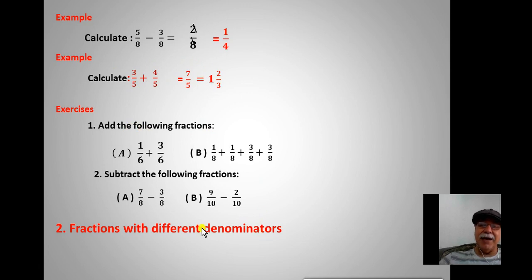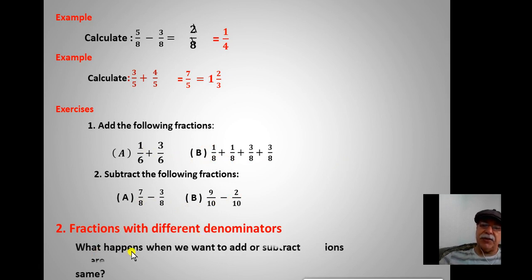And if we have different denominators, not the same like this, but different numbers, like 4, 2, 3, 4, we see in the example. In this case, we see what happens when we want to add or subtract fractions where the denominator is not the same,